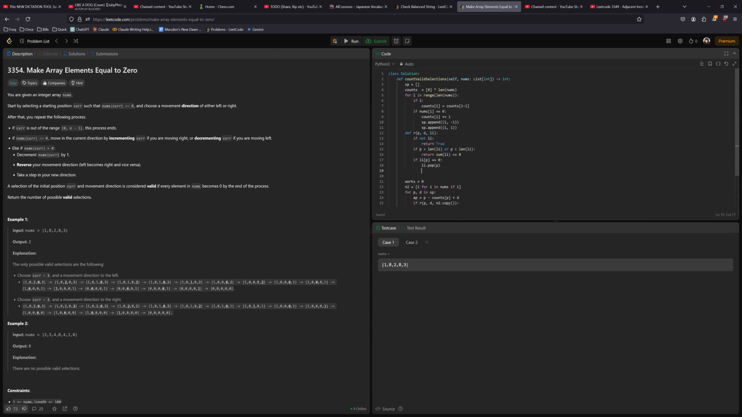Let's see, if it was going to the left and we popped P, then it's still going to the left, so it's fine. If it was going to the right and we popped P, then it's still going to the right, so it's fine. So return